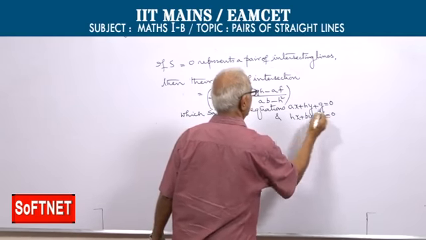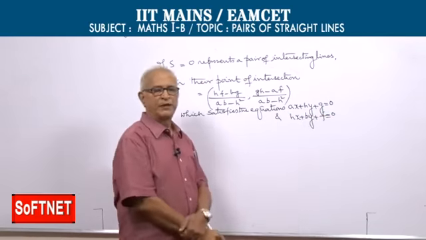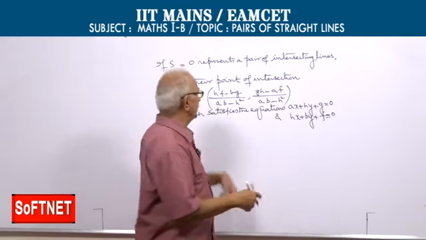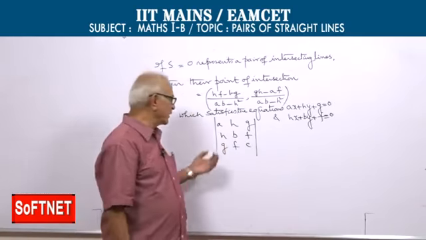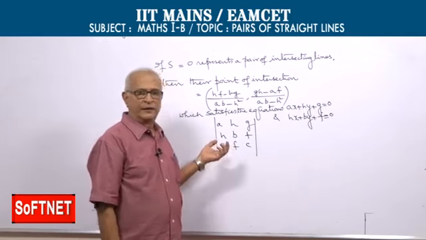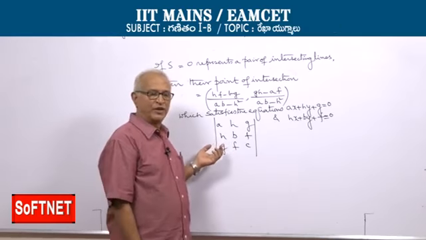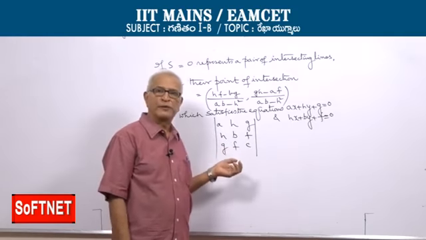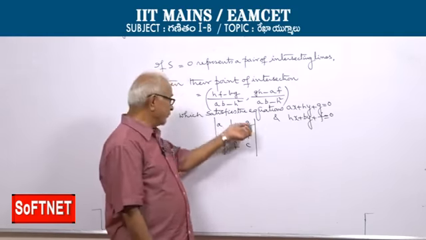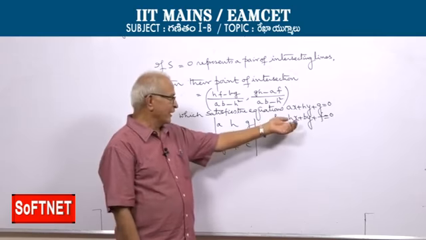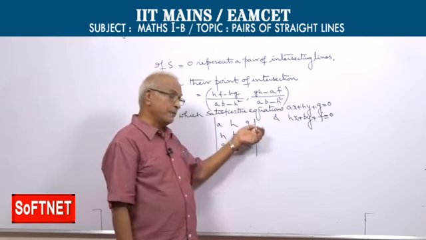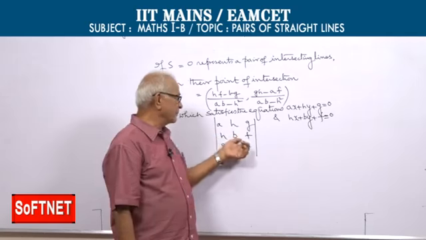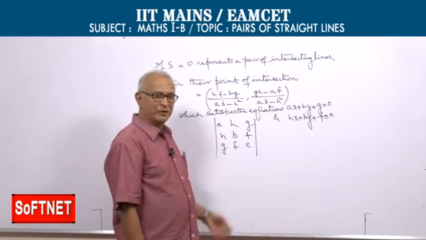Well, observe that these two equations can easily be written following the determinant. You know the determinant? Well, this is the discriminating cubic or the determinant. We discussed, of course, vanishing of this determinant is one of the necessary conditions for the equation S equal to 0 to represent a pair of lines. If you just follow the first two rows, you can write these two equations, Ax plus Hy plus G equal to 0 and Hx plus By plus F equal to 0.